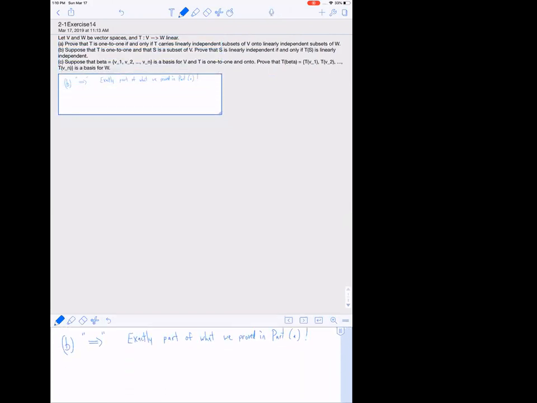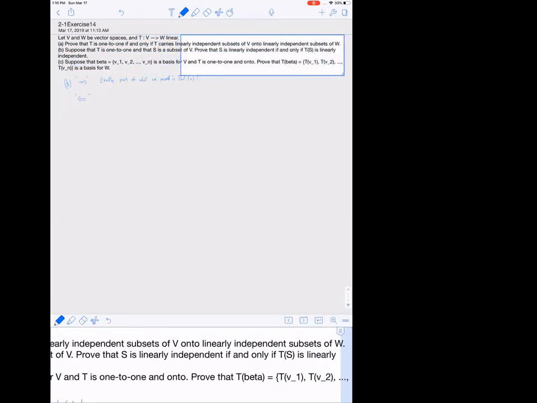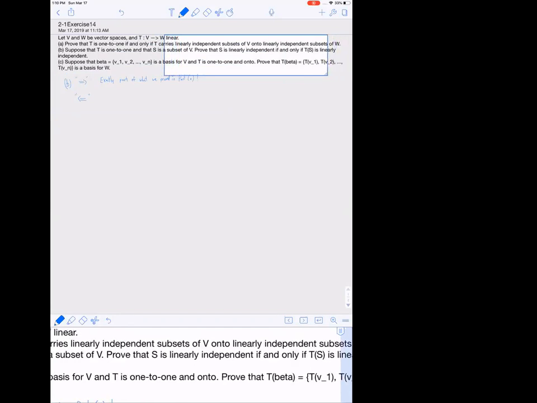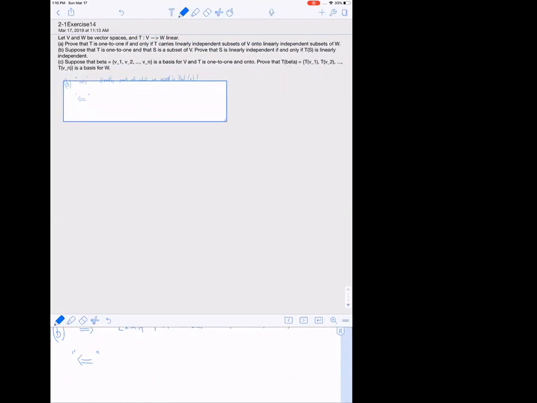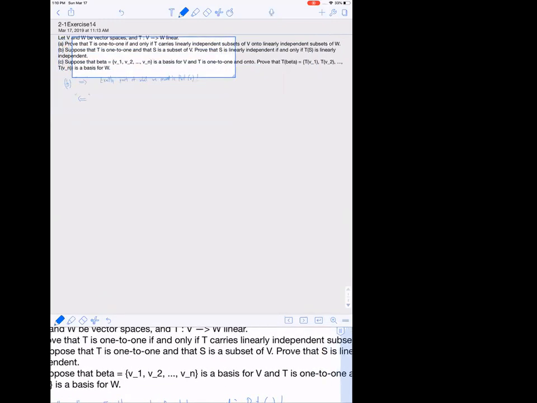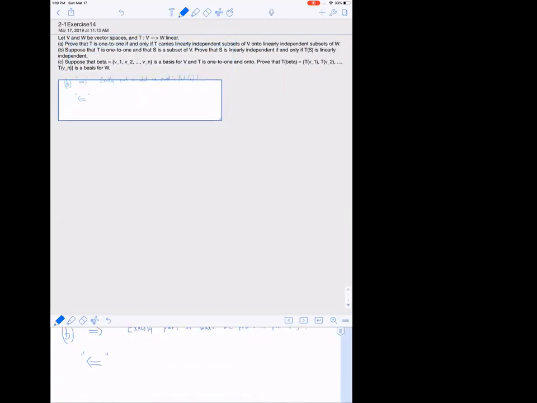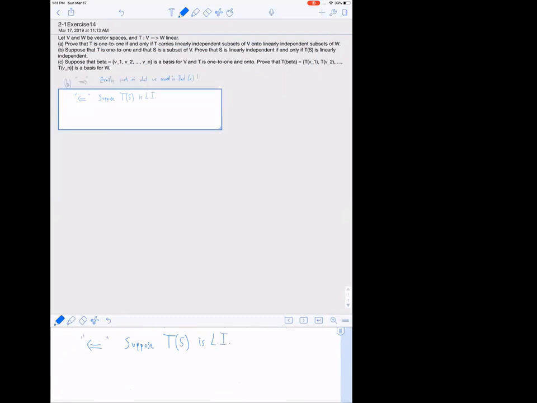So the content of exercise B is the reverse implication, namely that if T of S is linearly independent in W, then S is linearly independent in V. So now we've got our supposition. Suppose that T is 1 to 1 and S is a subset of V. We will suppose that T of S is linearly independent in W, and we will show that S must be